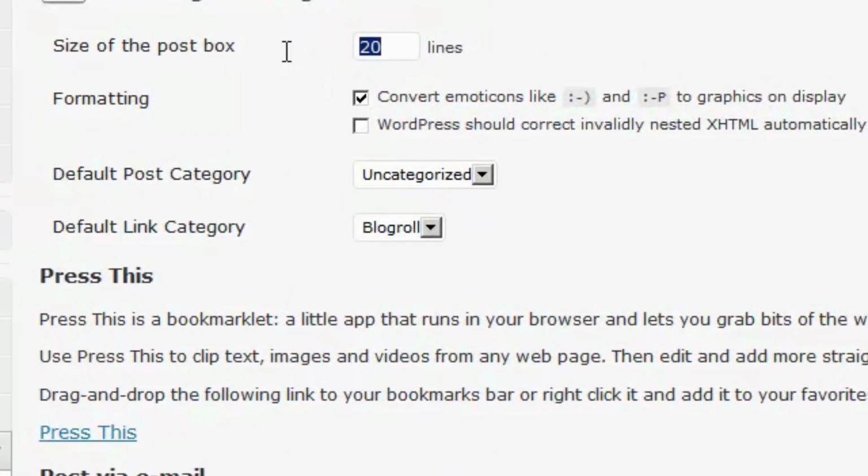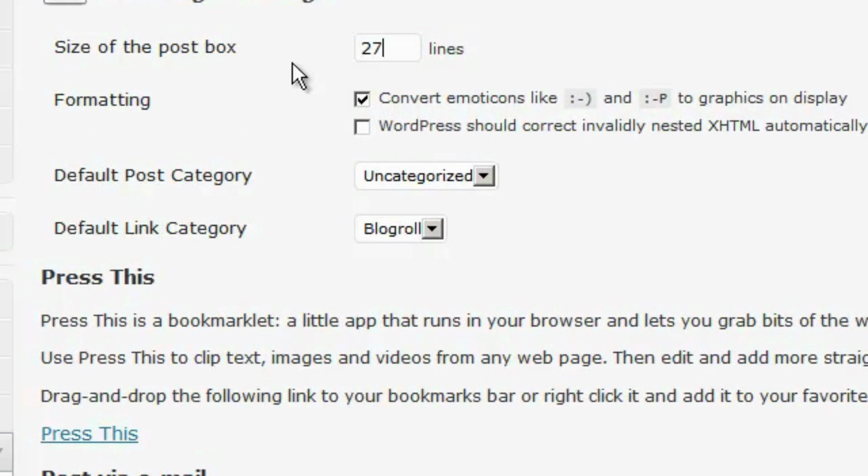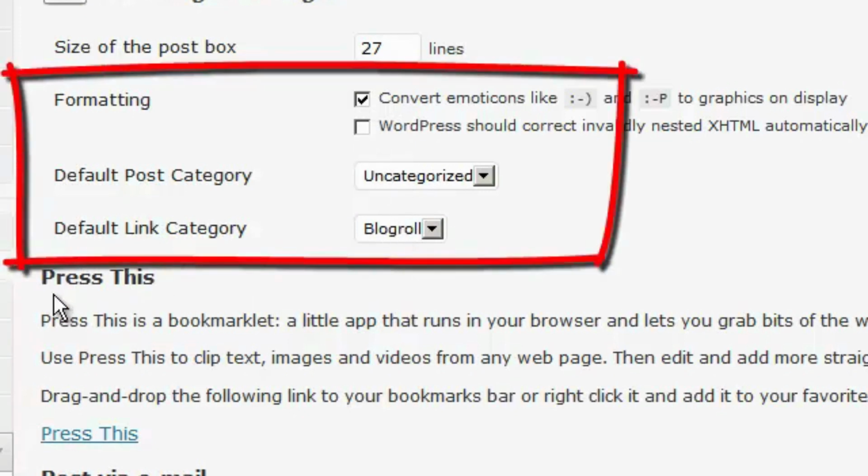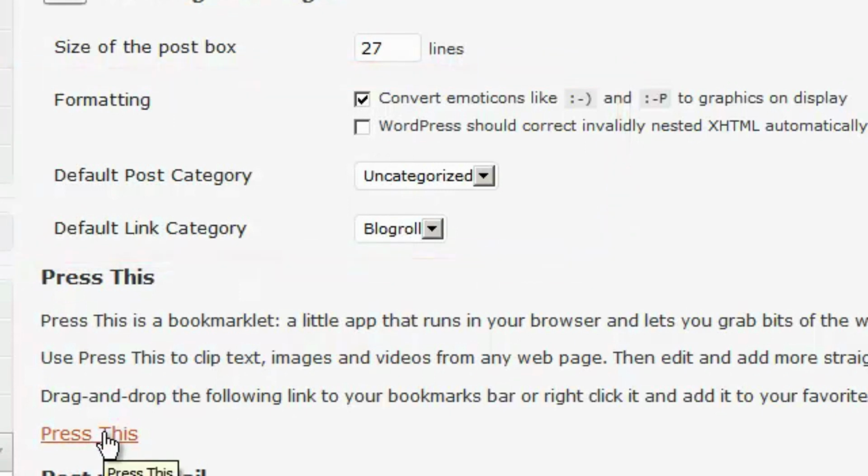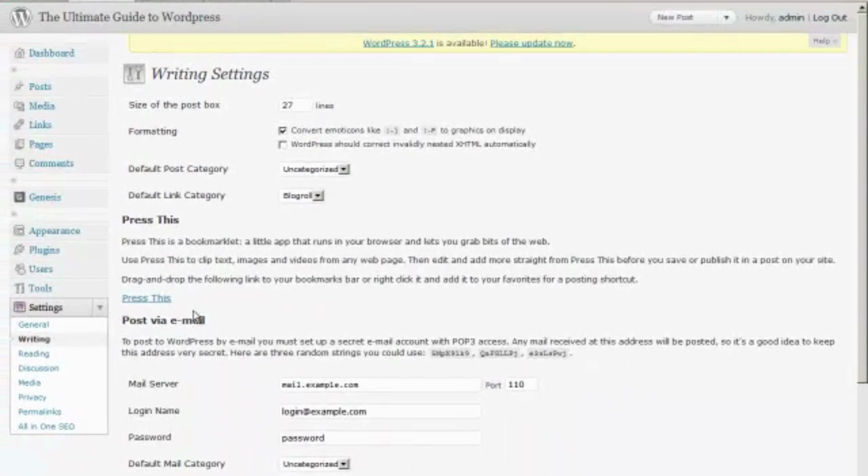In the size of the post box, I always change it to about 27 because that fits my screen best. And that's the size that your post will appear in as you're writing it. I always leave these as default. All this stuff is default. Press this link you can drag up into your bookmarks, and it's pretty neat when you're surfing the web and you see some content that you want to blog about. You can just go to that website, copy some stuff, click the press this button, and you've got a